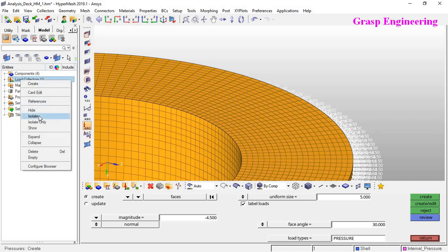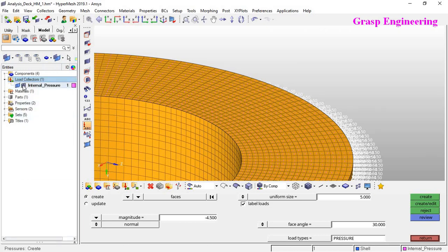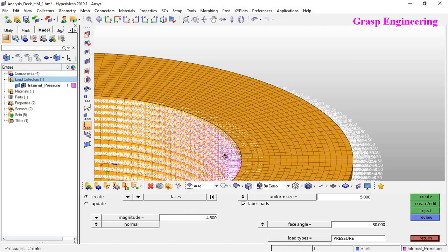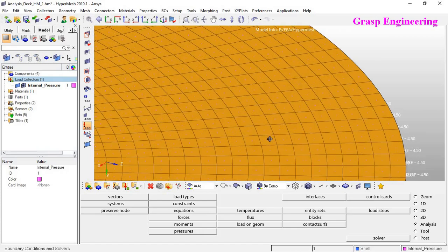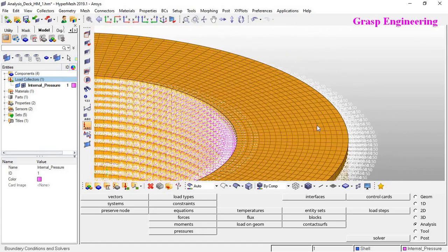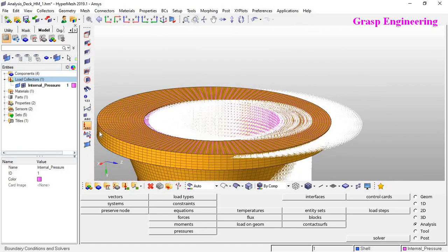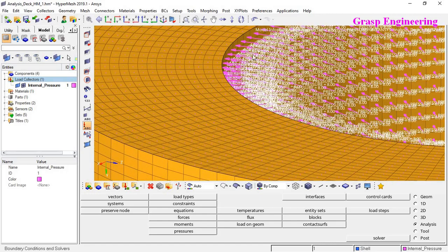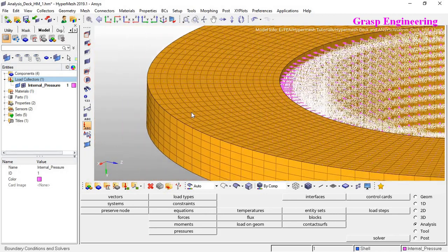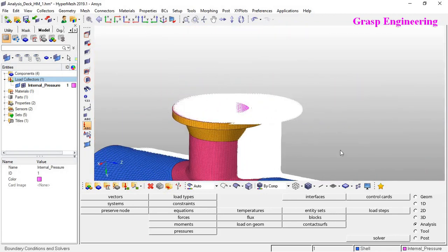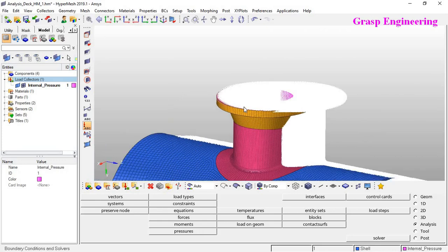Let's expand, return. Okay, now we created two different pressure values, internal pressure as well as compensating pressure, within the same deck or load collector. If you want to change that, you need to create another collector.